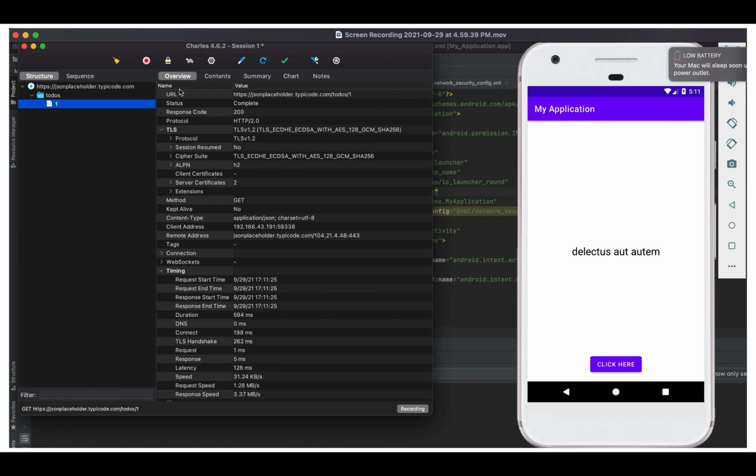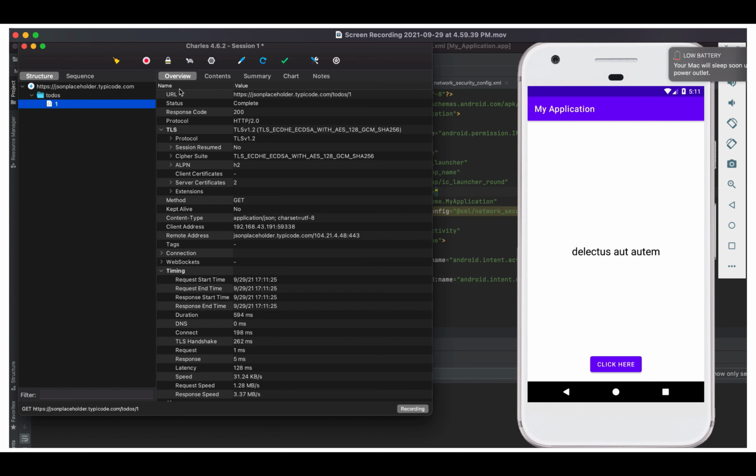After that code change, you will find that you are able to proceed further, where now we can see that our network call happened for jsonplaceholder.typicode.com, where the path was todos, and then a call made to 1. Now let's see what it means.